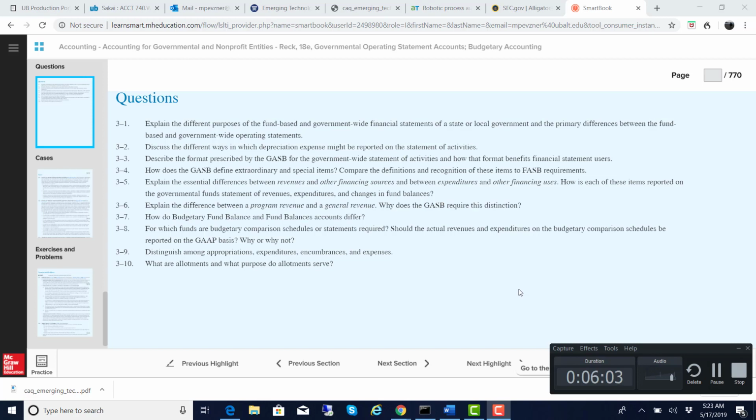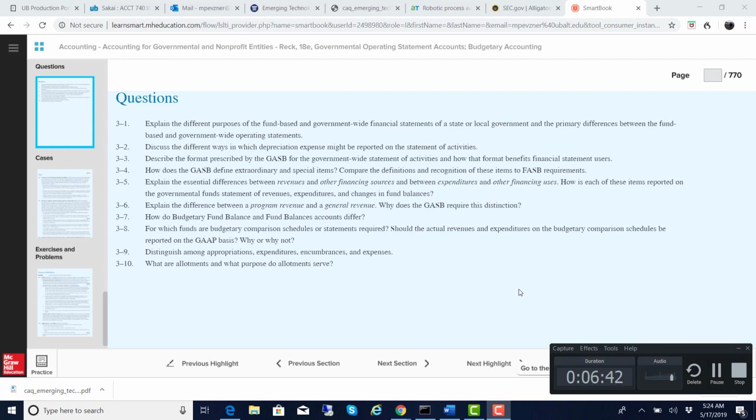One interesting element is that, unlike your regular commercial GAAP, you first report expenses at the top. You can take a look. The first column shows expenses by functional program, offset on the right by program revenues. And then in the very last column will be your net expense or revenue, the difference, for the part where revenues and expenses are directly allocated to functions or programs.